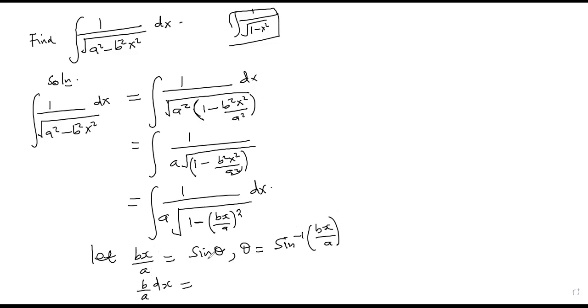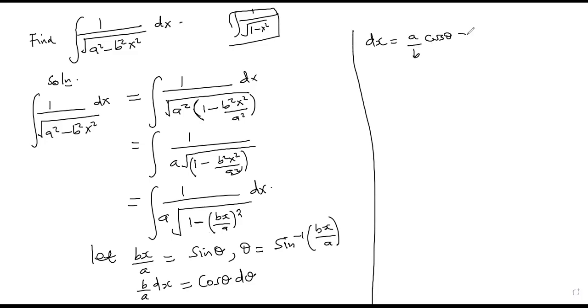That is equal to, when you differentiate sine, you get cos. So it will be cos theta d theta. It implies that when you make dx the subject, our dx is going to be equal to, of course, you cross multiply, a over b cos theta d theta. So after making dx the subject, it means that the integral now becomes